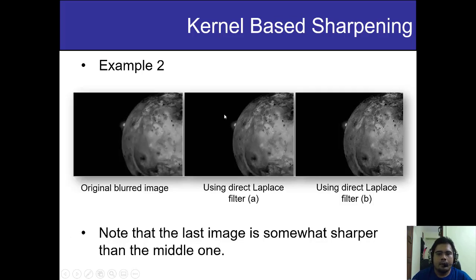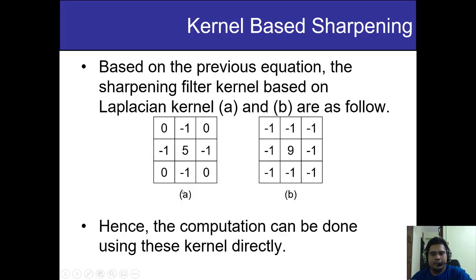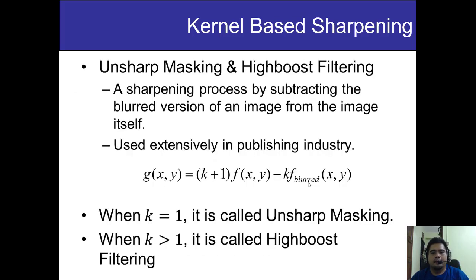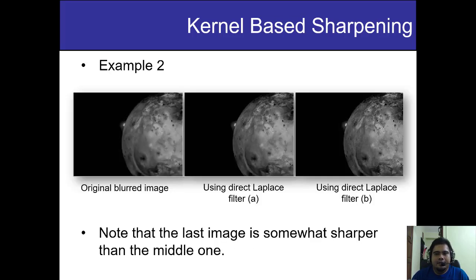this one. Okay, so this is just an example of doing a sharpening operation in different ways or different directions. This one is using filter A, this one is using filter B. Okay, filter A and B, which is referred to here, A or B. Okay, instead of the sharpening that we covered here,